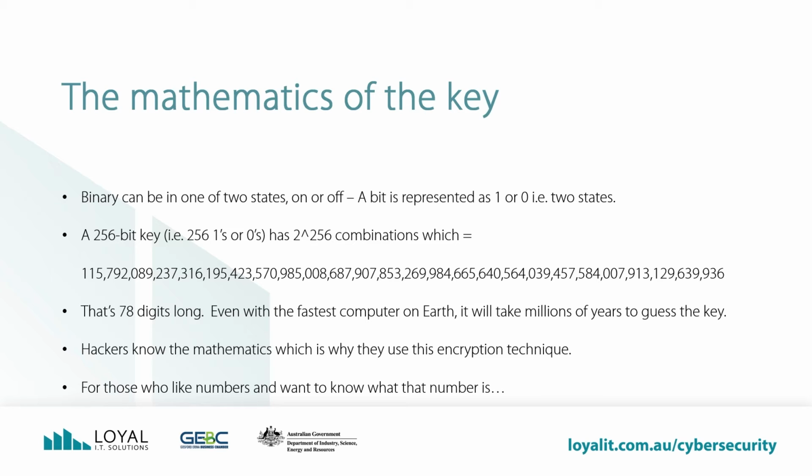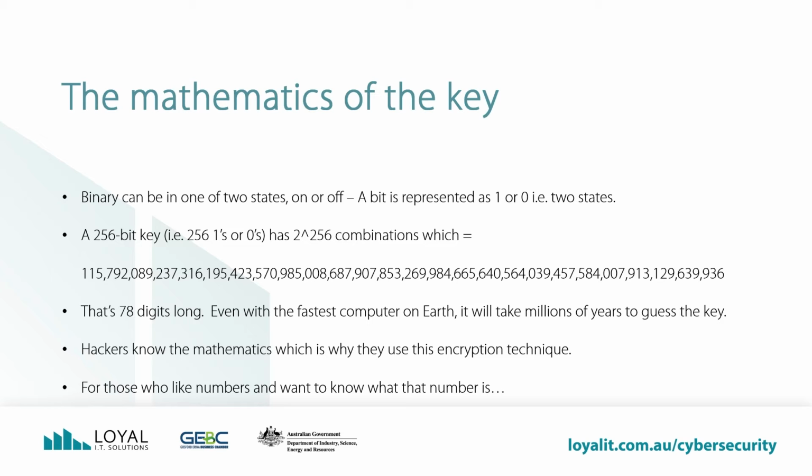which is represented as either a 1 or a 0. With no exceptions, all digital data is represented as 1s and 0s. A 256-bit key is 256 binary digits long, which can either be 1s or 0s. 256 1s or 0s has the equation of 2 to the power of 256, which gives you this 78-digit long